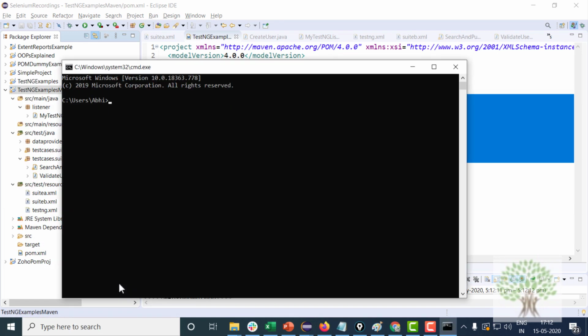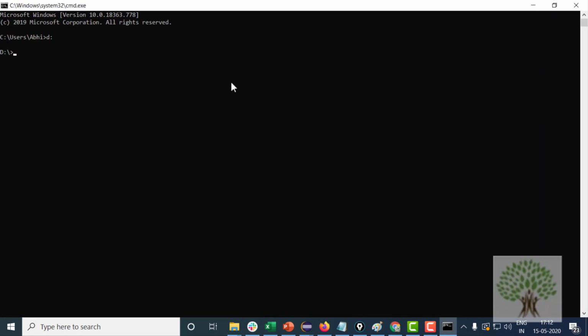Why do we need to run this from Maven on a command prompt? There are many reasons for that. Sometimes you have to execute the project on a Unix shell where you just have this command shell, right? So for that it is needed. If you want to run the project from Jenkins, then Maven can help you run with Jenkins. So this will be required a lot.